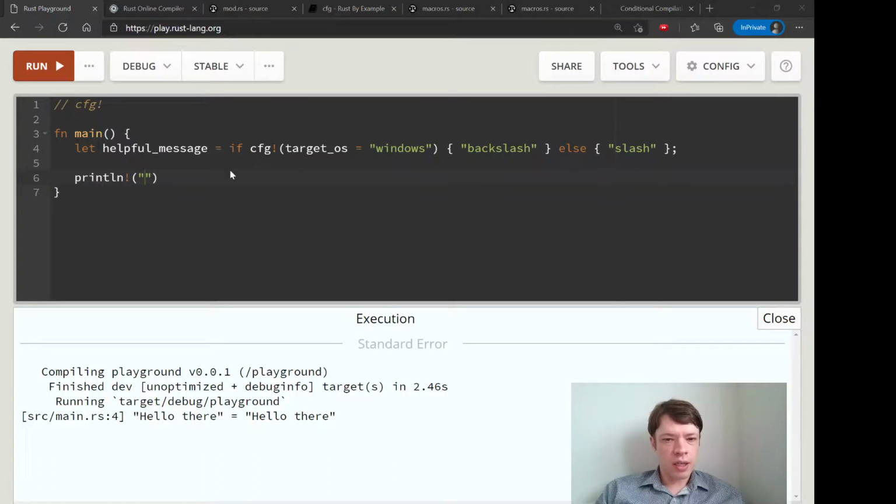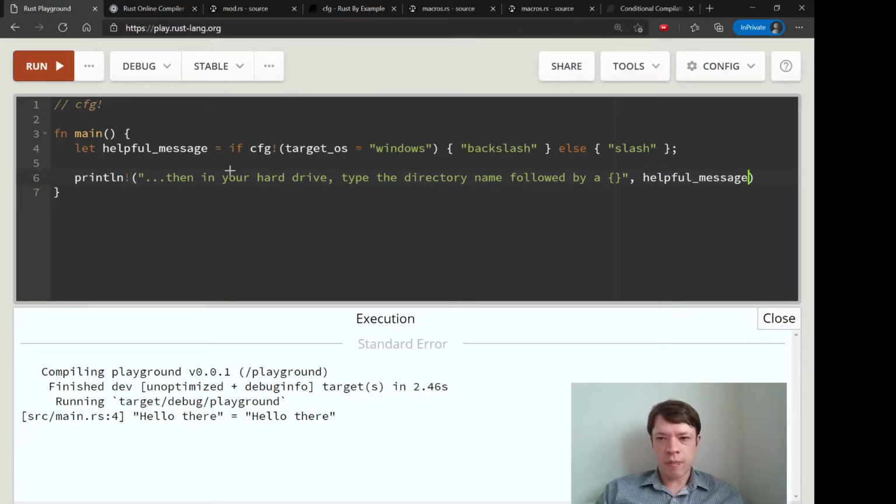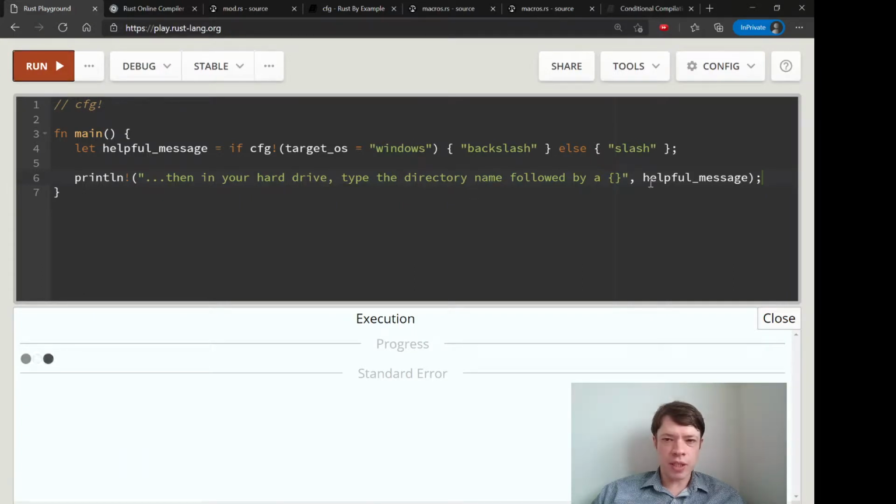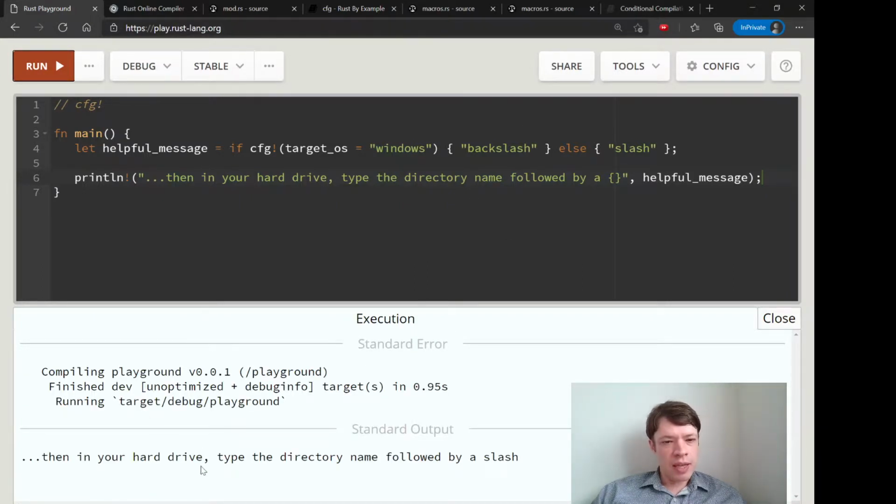And then we can print it out and say, let's say we're giving some helpful information to the end user in your hard drive. Type the directory name followed by something, and then we just slip helpful message in there. And then if it's Windows, it's going to say backslash, and for something else, it's just going to say slash. And then you can see that the playground here is running on Linux, or at least you can see it's running on not Windows, because we get slash because this doesn't match,